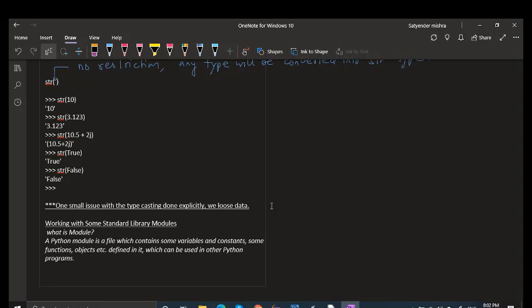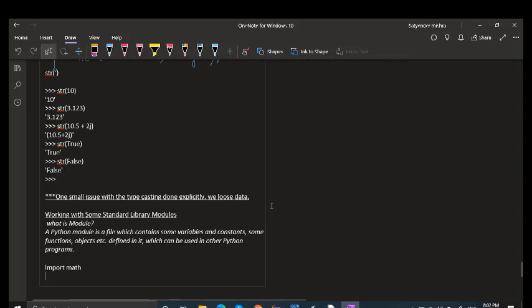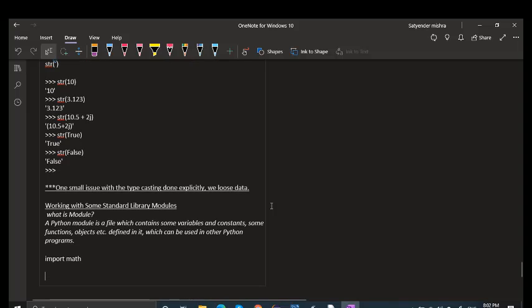For example, we can write import math to import the math module. Then you can use the math library functions.